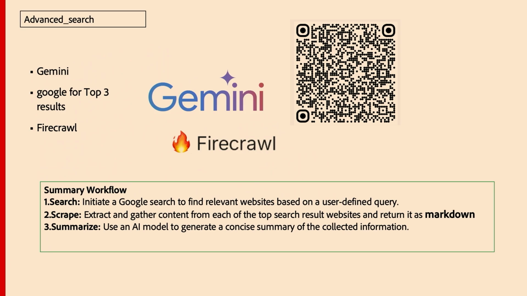I gave the agent instruction to be able to craft its own advanced search. And so it passes this advanced search and it grabs the top 3 URLs, and then it uses a tool called Firecrawl, which is able to take any website and turn it into a markdown file. So I take those top 3 sites with the original query, and then we turn them into a markdown file, and then we submit a prompt that includes those pages with the query on top to Gemini, which I don't